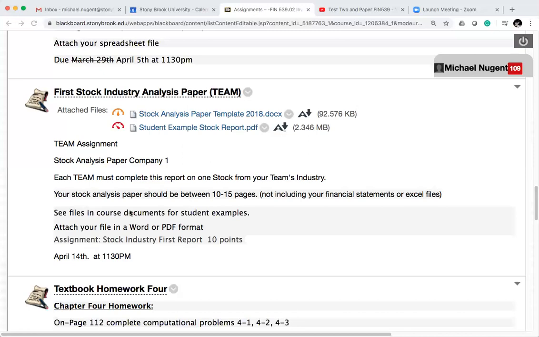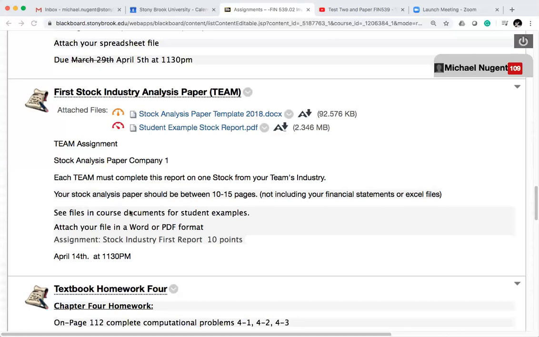So don't think of it like an unpolished, unproofread first draft. It's your first attempt, and if there are problems, I'm going to point them out for you to improve upon on the second paper. So I'm expecting that teams won't get perfect scores on the first paper, but they'll have closer to perfect scores on the second paper, since you have all those examples to look at.